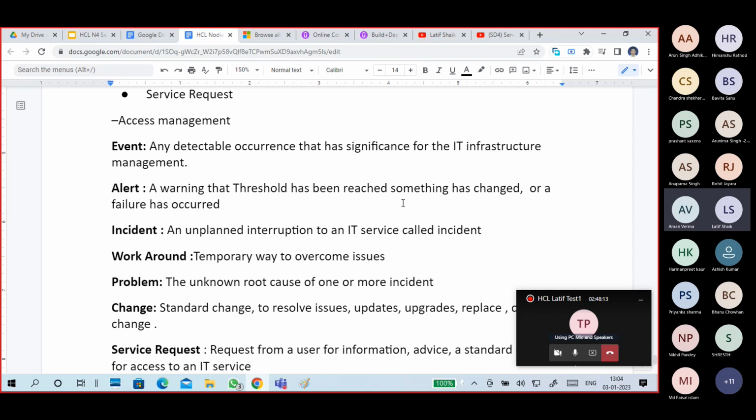Firefighting means issues occur, you have to go and fix it. Issues occur, you have to go and fix it. That kind of stuff will be reduced. I'll give you one example. There are several examples. One real-world example is there. When we were at a place, we had internet connectivity from Airtel. That time Airtel, now also Airtel. This was almost 5 or 6 years back.